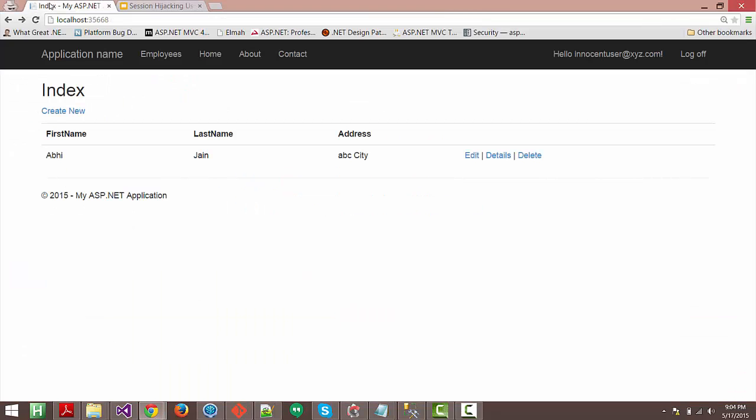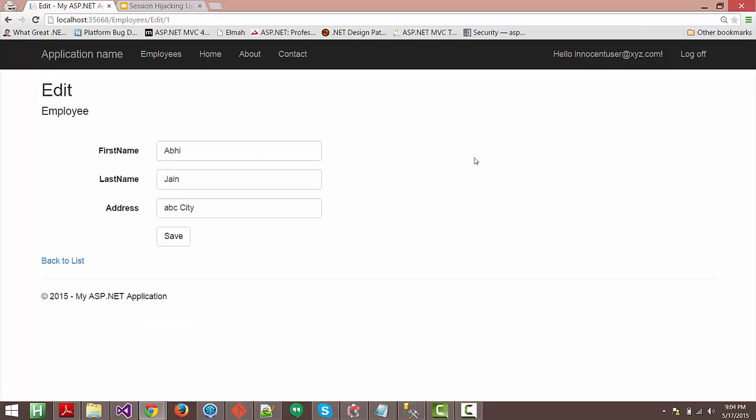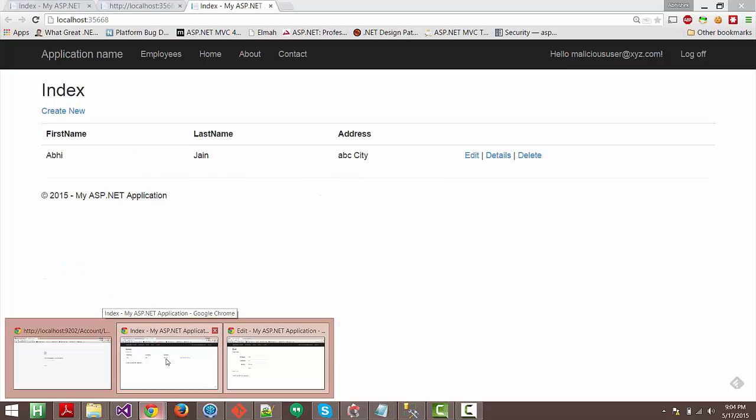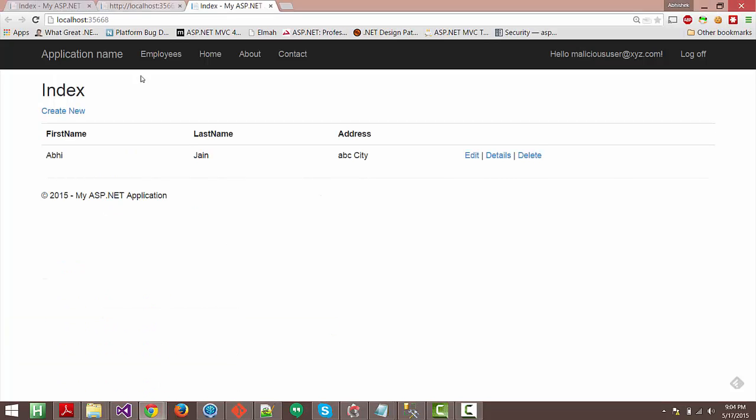So currently I'm logged in as innocent user here, and I've opened this in incognito mode. In order to demonstrate this attack, here if I try to go to the edit page, I can easily access it because I have the permissions for that. However, if I am logged in as another guy, say malicious user at xyz.com,